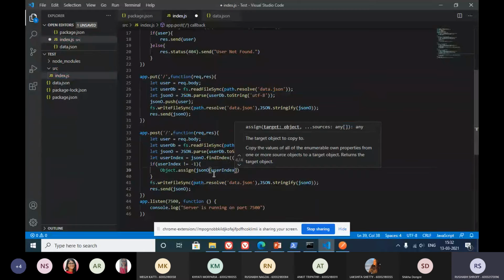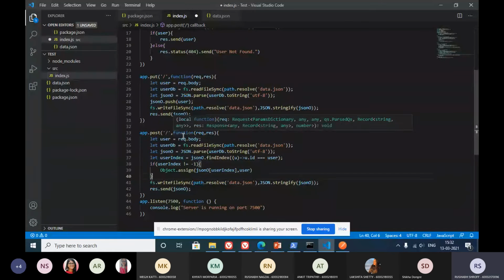So this is an array, at this index, update the object at this index with the value user. So all the properties that we are supposed to update will be passed inside this thing and will be applied onto this particular object, and then it will be written onto the file,